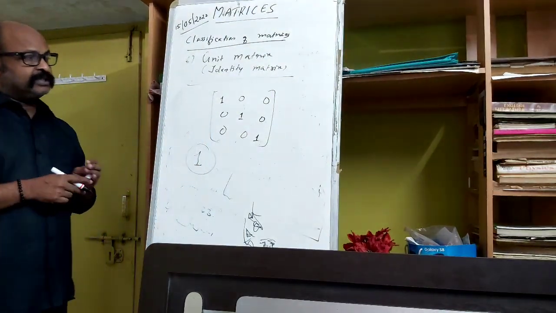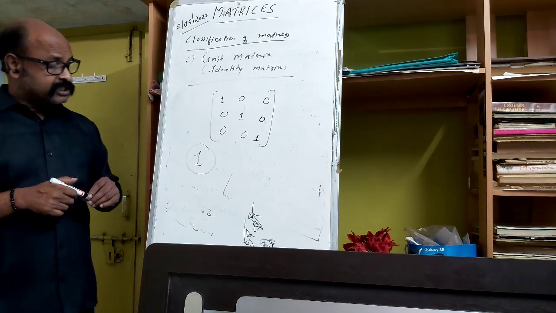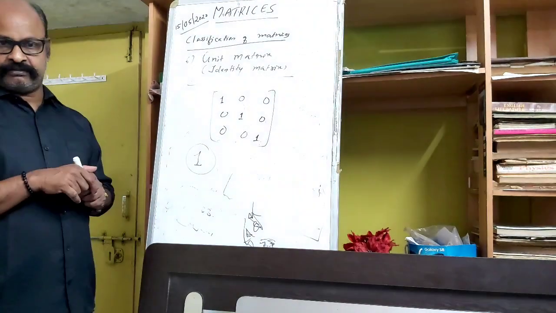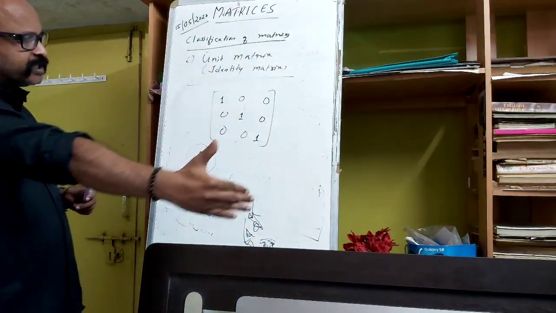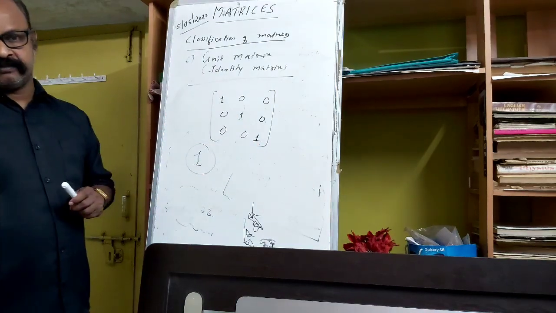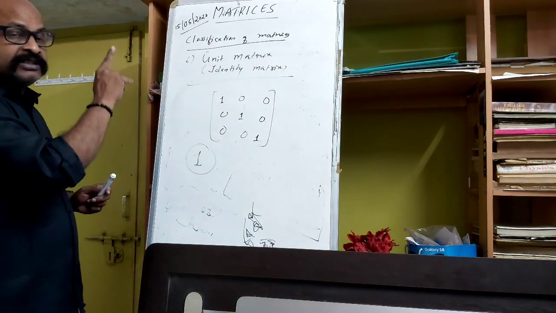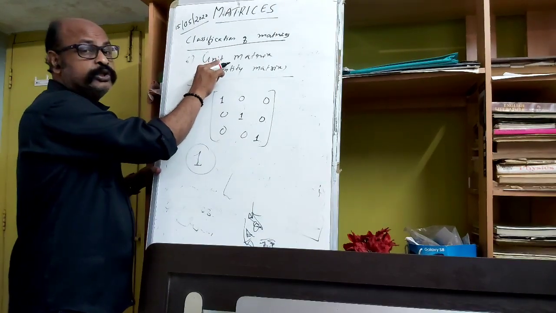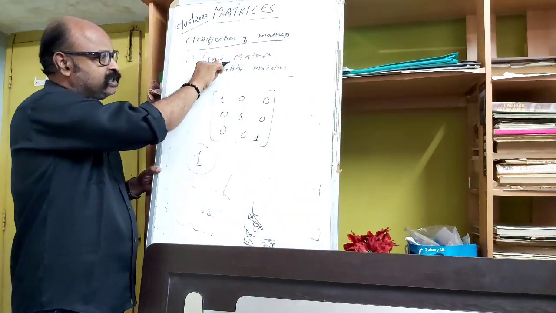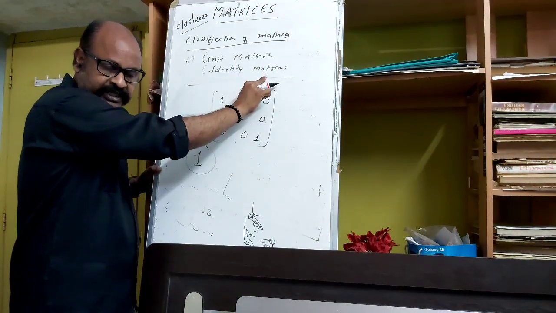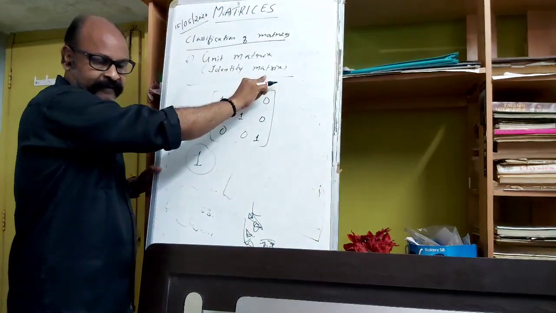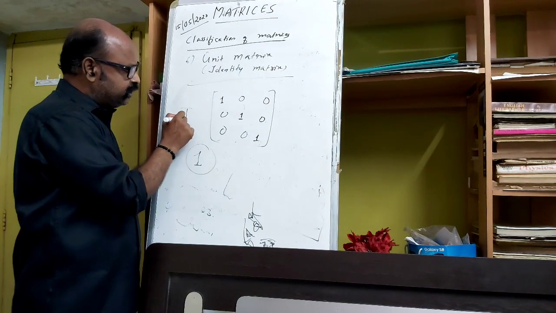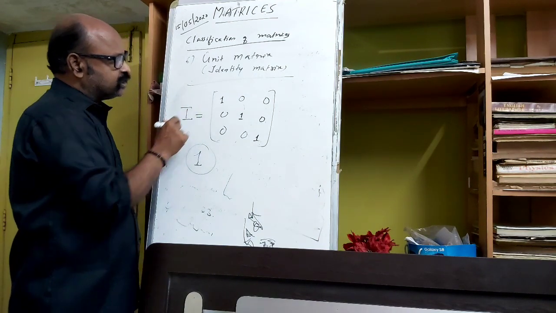Clear? So matrix 1, 0, 0, 0, 1, 0, 0, 0, 1 is a scalar matrix because all the principal diagonal elements are equal to a scalar 1. And this matrix is specially, categorically known as unit matrix. It is also known as identity matrix. Identity, the first letter is capital I,